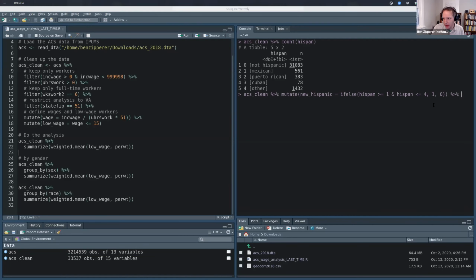Let's just see what that looks like. And one way we can see what that looks like is compare that to the old value. And so let's see what this new Hispanic variable is that we've created. So as you can see, it's a 0, 1 variable. It's 0 when Hispan is not 1 through 4, and it is 1 when Hispan is 1 through 4. So that's a very simple way of kind of recoding something according to some